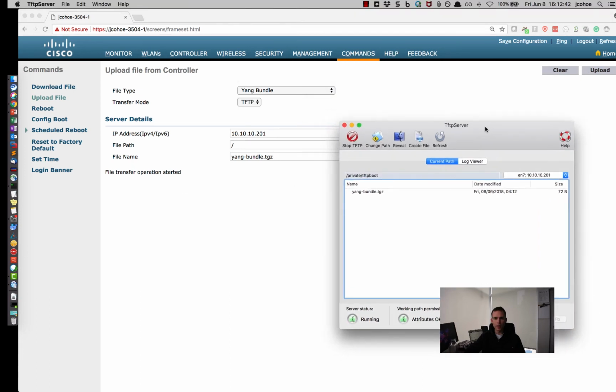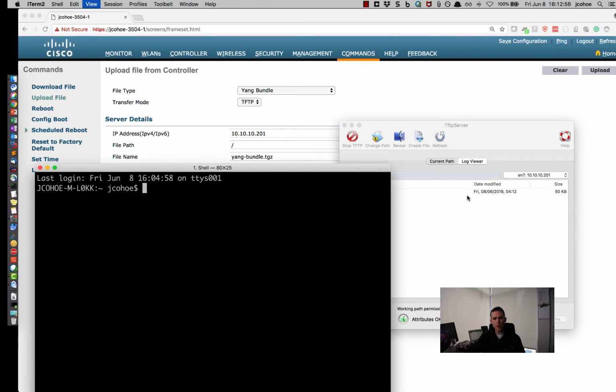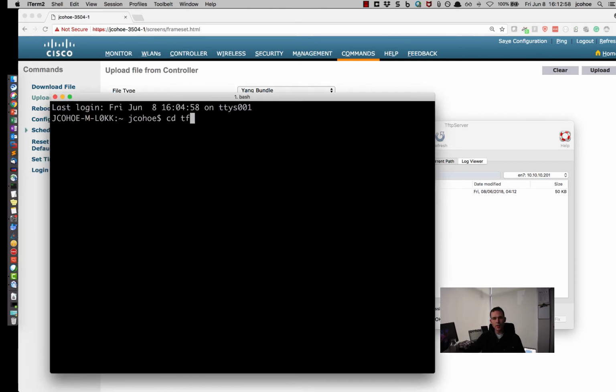So it's saying file transfer operation started. And if I move the TFTP server window back here, we should see the success. And here it is, file transfer operation completed successfully. And then I'll refresh this, and we see that the file size is now 50 KB, so much larger than it was before. Let me just open up a terminal window here now,